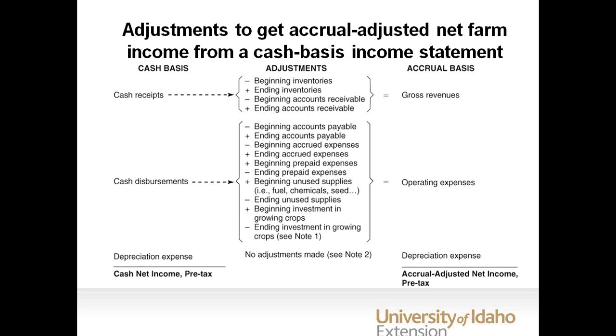These adjustments on accrued expenses could also be on prepaid expenses and unused supplies. I put supplies up in the inventory category, but they have it down here in the disbursement category. But anyway, the main thing is that all these adjustments need to be made in order to get an accrually adjusted